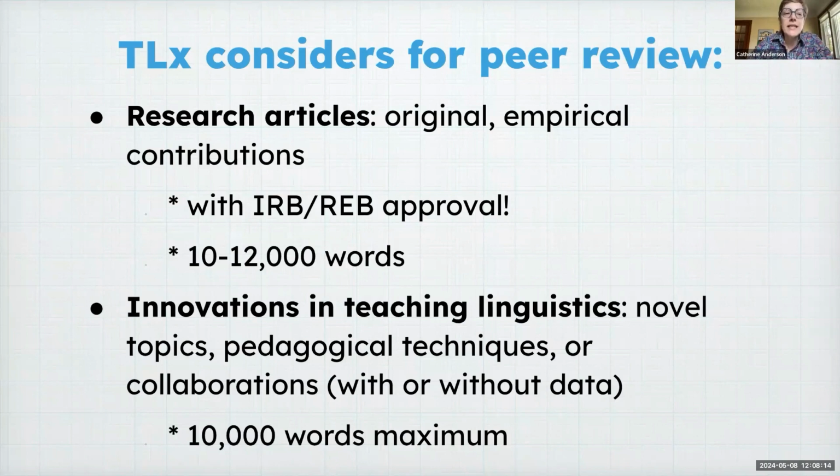But importantly, this is going to be data from humans, right? So we need you to tell us about your IRB, REB, your ethics board approval for research with human participants, of course. But you can do that just by putting a sentence in the manuscript, right? This research was reviewed by whatever the standard formula is for your institution. And those can be slightly longer articles. If it gets more than about 12,000 words, then you'll want to have a conversation with us because that's a lot.